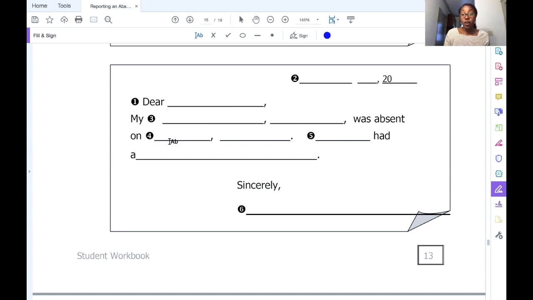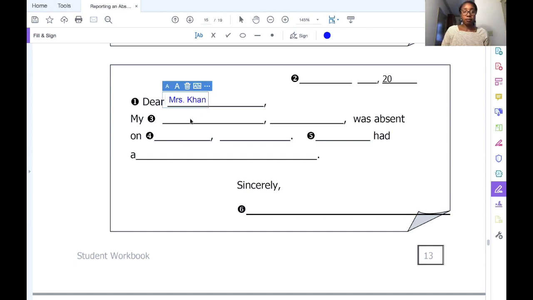Number 4, we say the dates that the child was absent. What days did the child not attend school? Number 5, we tell the reason. Why did the child not attend school? And number 6, we put our name or the name of the person writing the absence note and a phone number or a contact number. So let's practice. So we can say, Dear